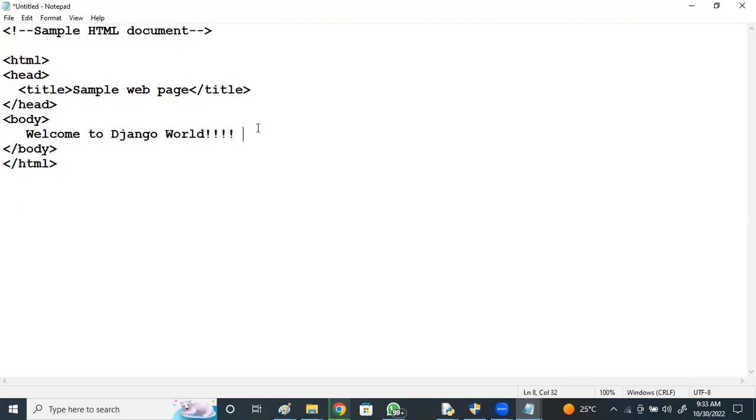And here, if you want something in underlined format, say the text Python is dynamic.